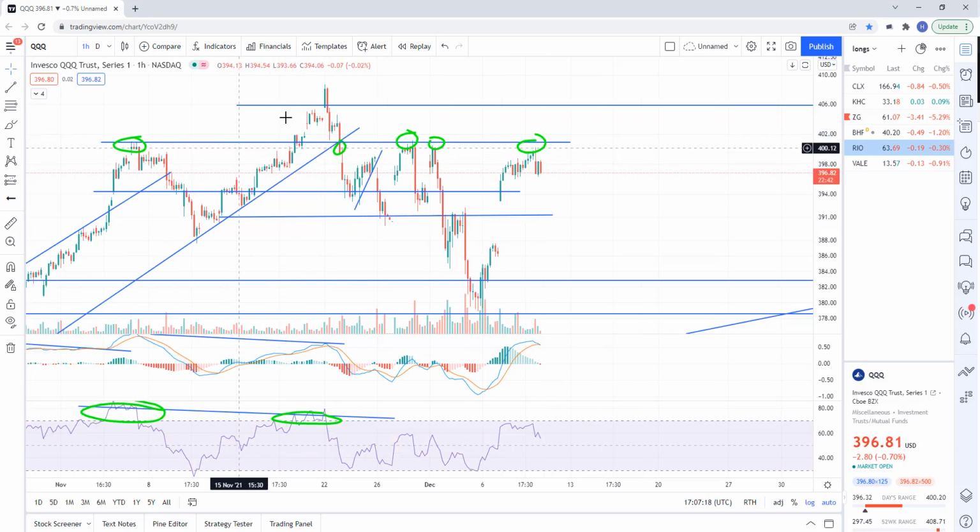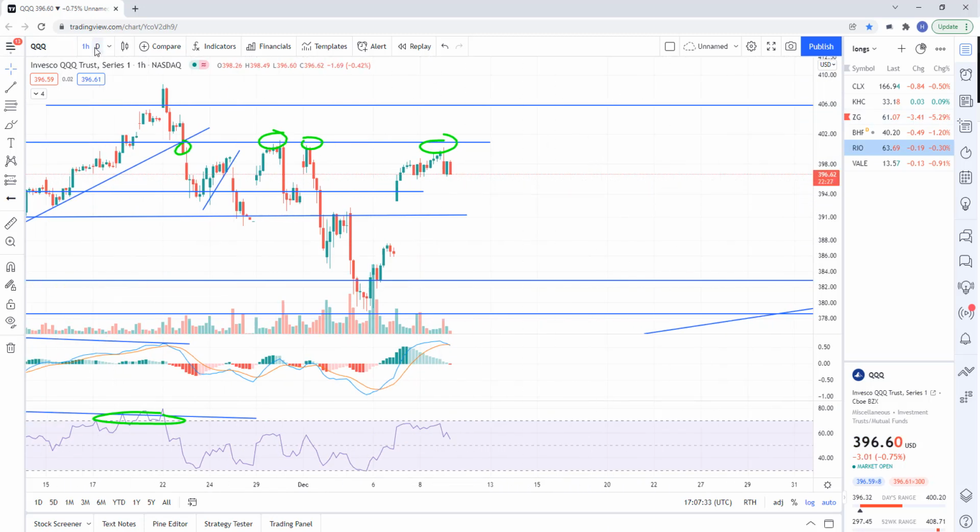And the reason why this is resistance and not so much the all-time highs is you've got a lot more reactions right here. You've got 1, 2, 3, 4 reactions, whereas the all-time high is just kind of a single high point. All right, so if we turn down, then we still have that bigger picture chart in play,